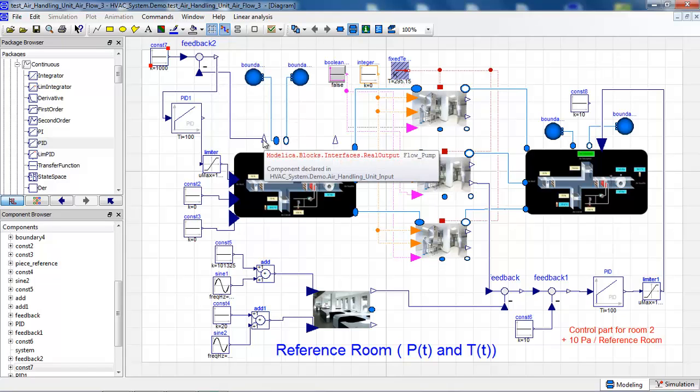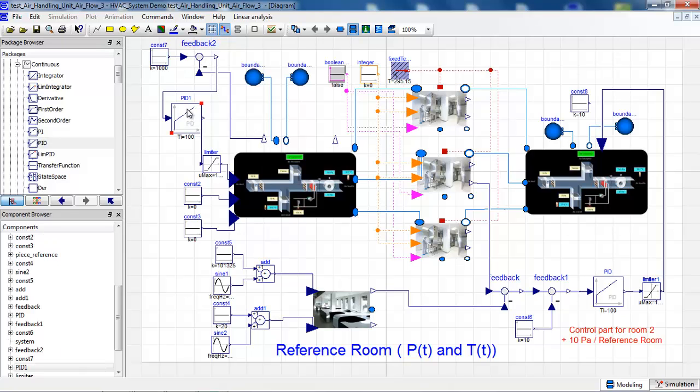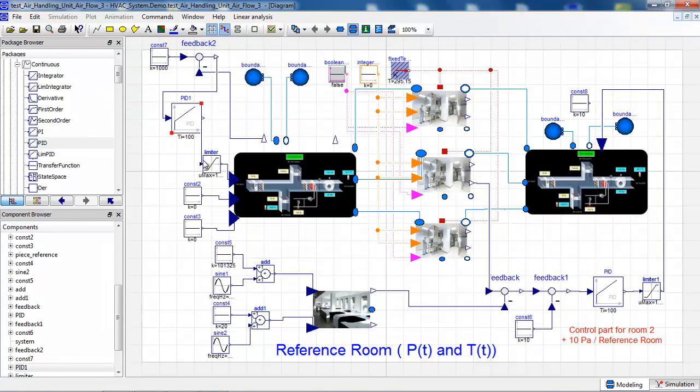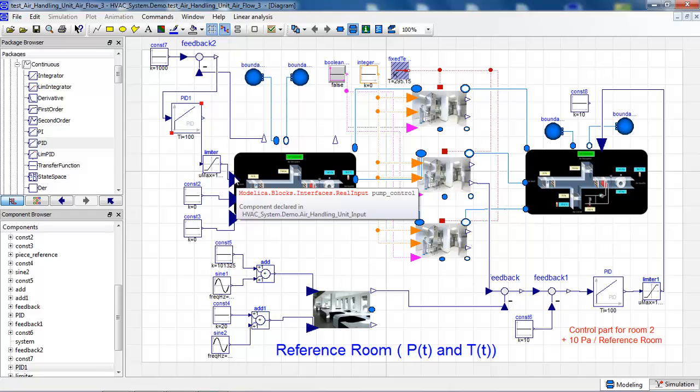Here I can measure the flow through my pump, go to a feedback, use a PID parameterized that way, and this PID will control the pump